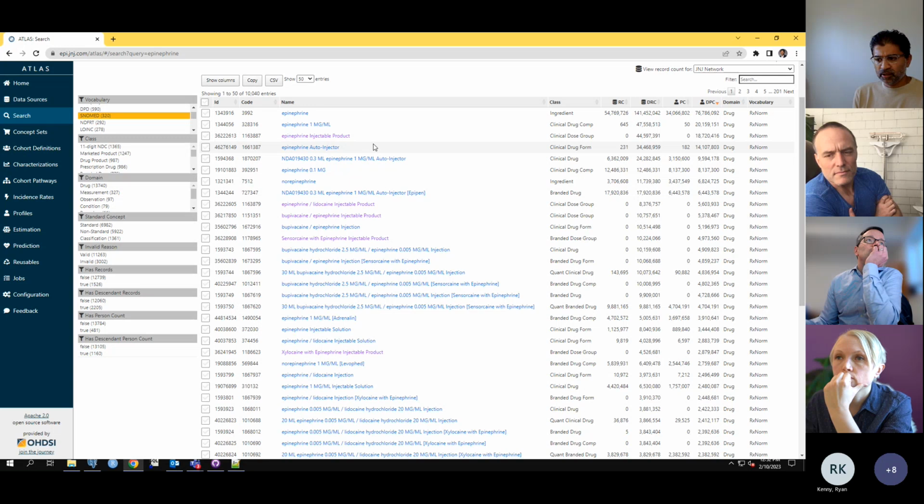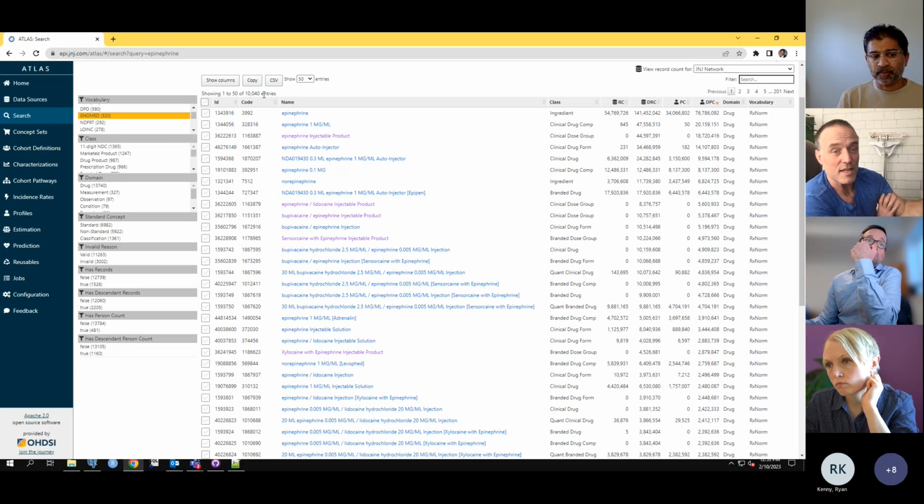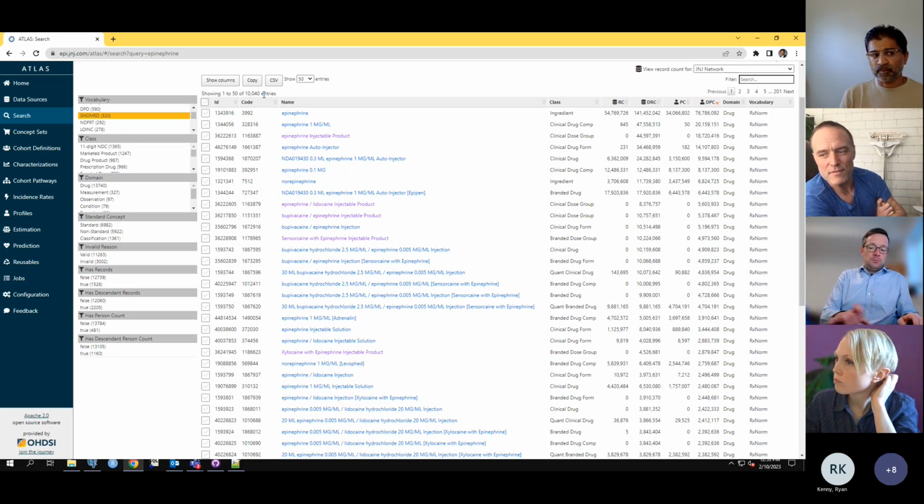If we are not clear about this, it's probably going to be a time sink to go through and try to select out of these 10,040 individual ways to represent epinephrine. Exactly. To identify, I just chose ingredient, like epinephrine as an ingredient, and for that use case I'd be pretty comfortable with that. It's a little bit harder with the outpatient visit, but if we were careful in terms of